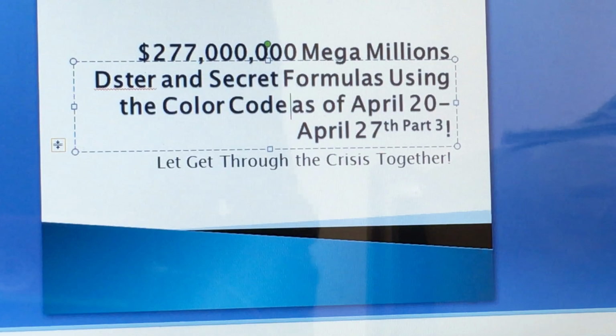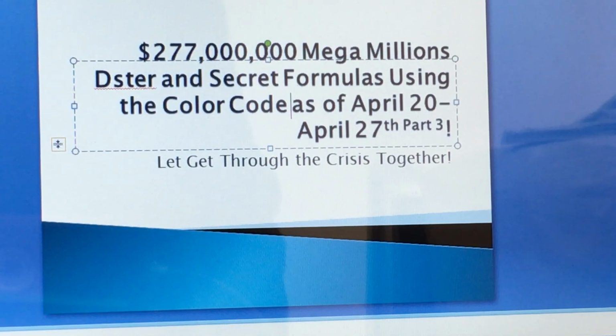Now, in the last two videos I've been showing you how to really bring down the matrix using the Dster matrix, or the matrix of 70 numbers for Mega Man. And I try not to post the Mega Man pop-up video yet because there's still part 3 to the secret